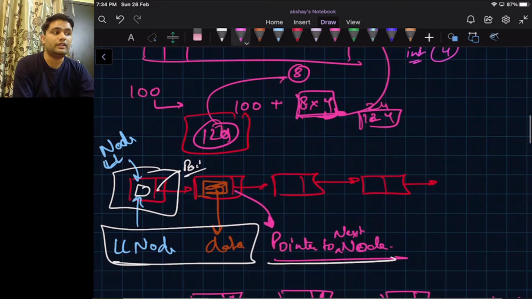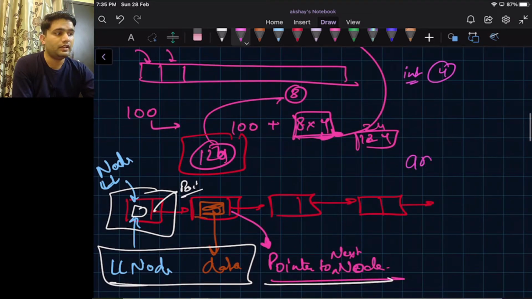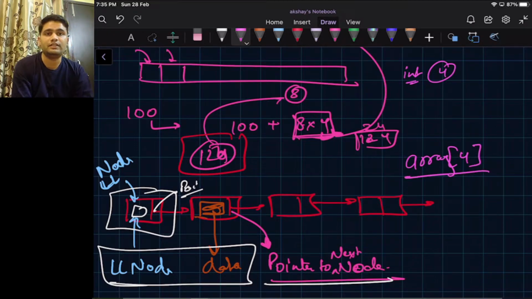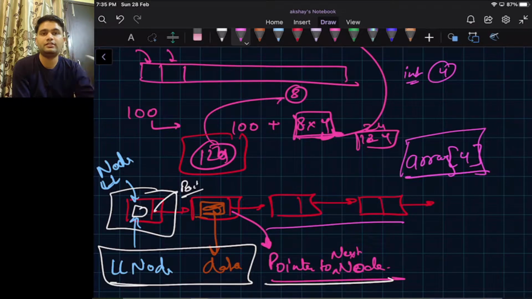In an array, when we wanted to find some data, suppose the fifth data in the array, we can simply do array dot 4, considering base index zero. This will give us the fifth data in the array. But unlike an array, in a linked list we have to traverse the linked list to the desired node, and only then can we return the data.